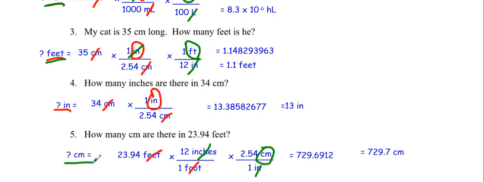So I got my calculator and I multiplied. If they're on the top, you multiply. If it's in the denominator, you divide. But they're on the top, so I'm going to multiply. So 23.94 times 12 times 2.54 equals